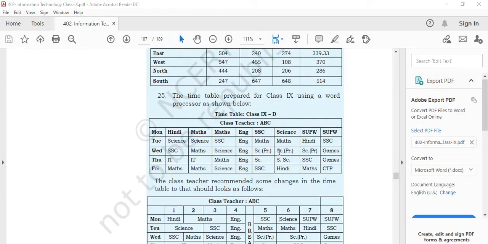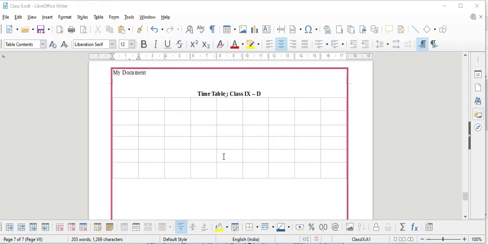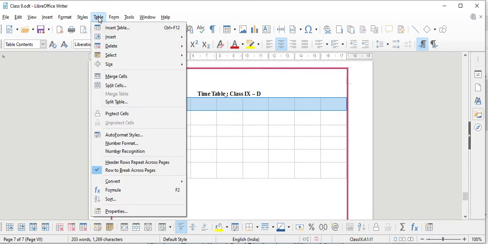After inserting the table, the first row is a merged row, and they have written the class teacher name in that row. So for merging the first row, I will select this row, go to table, and the merge cells option is there.